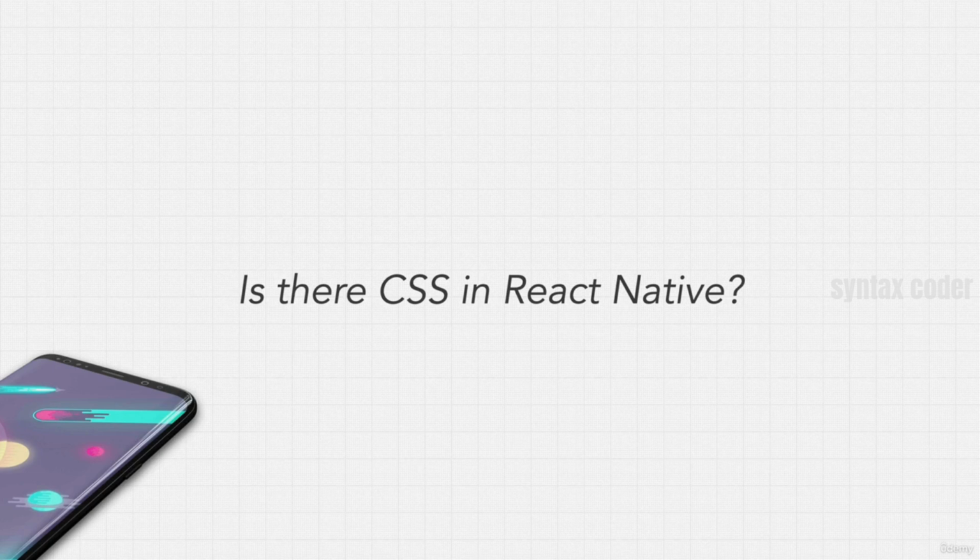Technically, there is no CSS in React Native because remember, we're not on the web. CSS and HTML are for the web, right? React Native instead uses native mobile tools. So the CSS that we use in React Native is actually built through JavaScript. It's based on the CSS syntax, but a little bit different. For example,